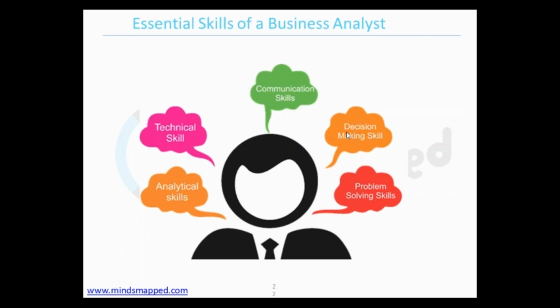It doesn't categorize the diagram on the basis of your experience. Analytical skills are something that come after 3-4 years, once you know the domain and the work. As a fresher, it is not expected to have good analytical skills. But communication skills, decision making skills, and problem solving skills, these are the three skill sets that you need to be good with as a fresher.